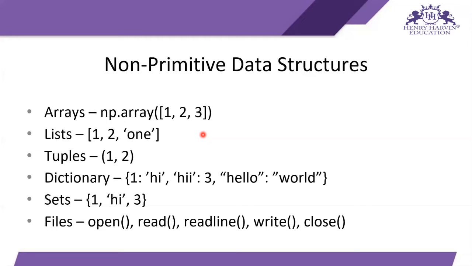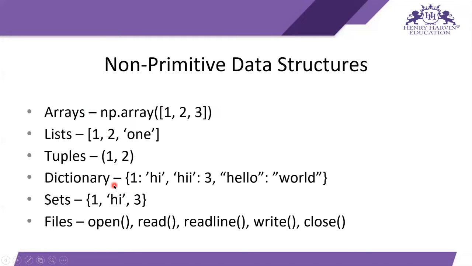So you can make a list of lists, nested lists, and you can also provide string values in these lists. Then come the tuples. Tuples are immutable, so if you define a tuple, you can't change its values. Tuples use parentheses. If you provide square brackets, it is a list. If you are providing arrays like this, then these are arrays.